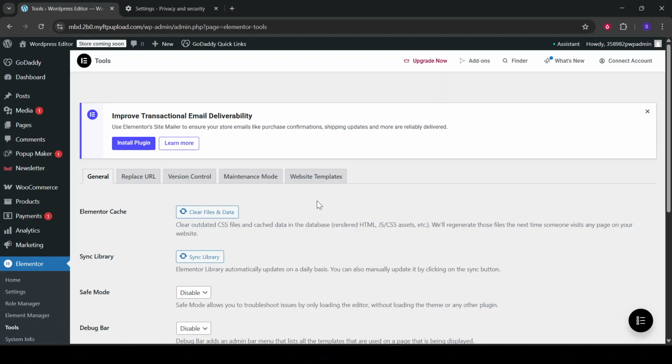This not only keeps your design process running smoothly but also ensures that your visitors experience your site exactly as you intend. That's all for this guide. Remember, clarity is key in website design, so regularly clearing cache is part of maintaining the best experience for you and your